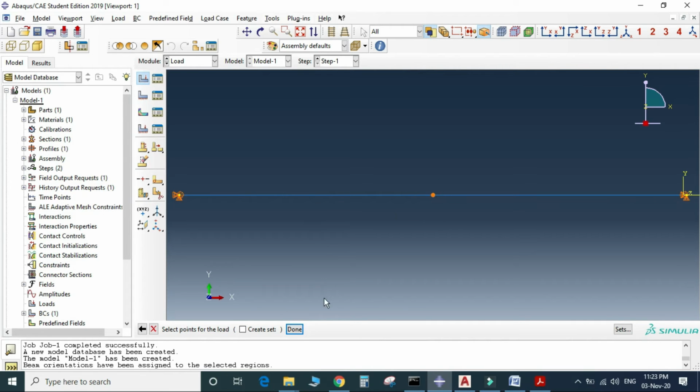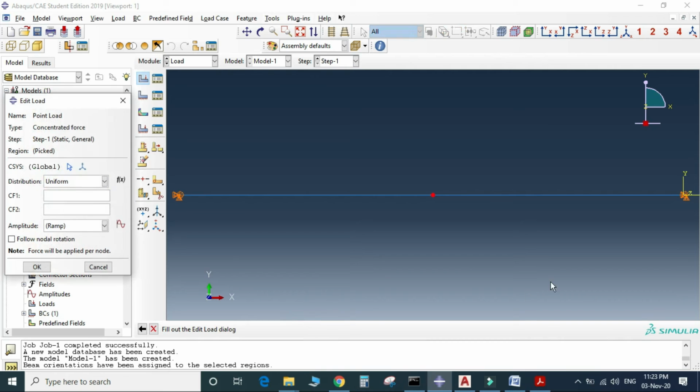Okay, then done. So put the load as minus 1000 Newton. Okay, so here the minus symbol indicates the downward direction. Okay, so minus 1000 Newton. Click the OK button.